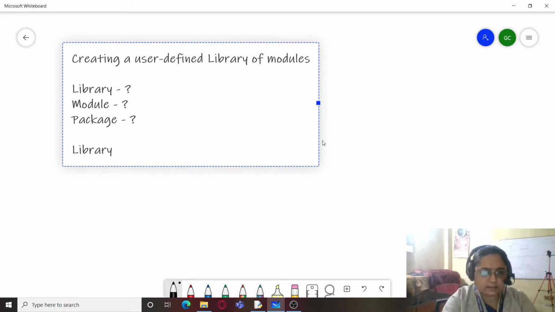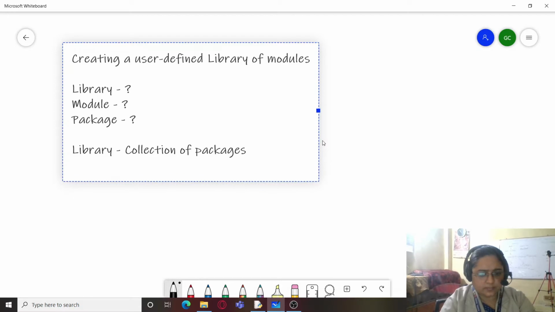Library is a collection of packages. A package is a collection of individual modules.